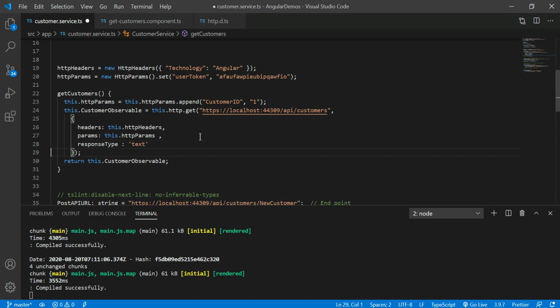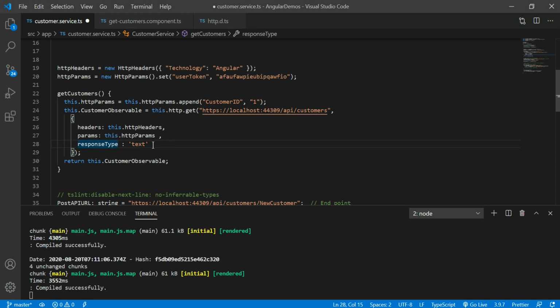Not only text, responseType by default supports three or four formats. That is JSON, which the subscribe method accepts by default, then text, and also blob and arraybuffer.